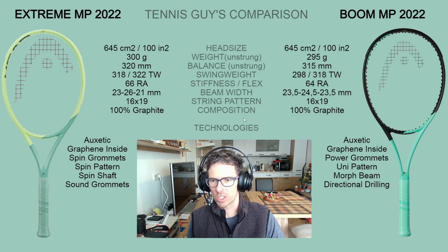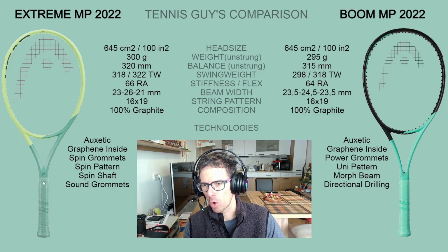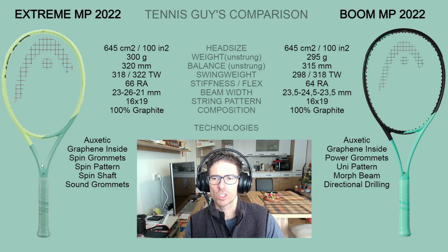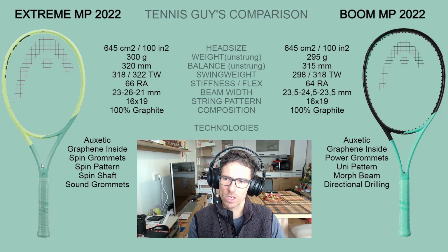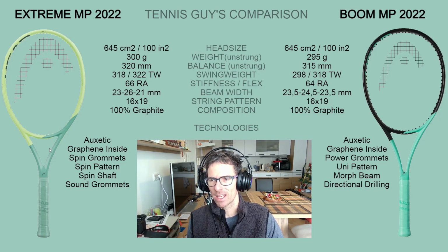Now the shaft, the spin shaft for the Extreme MP, is a little bit bigger. If you look at the lower part, that part is more filled with the material, with the graphite or graphene or whatever, and it makes the racket more stable, more powerful, more spin oriented, because the power also equals more spin. And the overall shaft is a little bit shorter, or let's say classic, compared